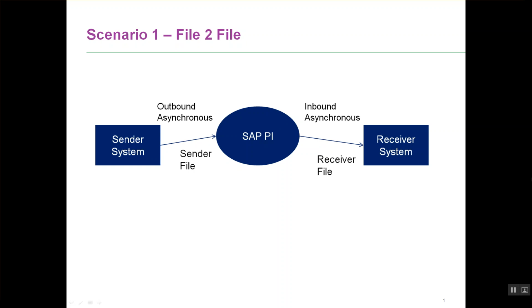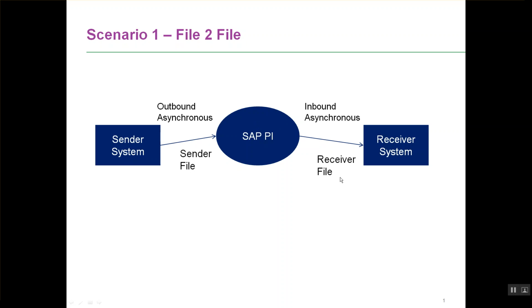We will now proceed to look at the first scenario that we are going to be building, and that's what we call a typical file-to-file scenario. As the name implies, we're going to get a file from a sending system. A sending system is going to send a file to PI, and PI is going to receive this file and perform a mapping where it changes the structure of the file. And once it has done that, it is going to push the file to a receiver system using a receiver